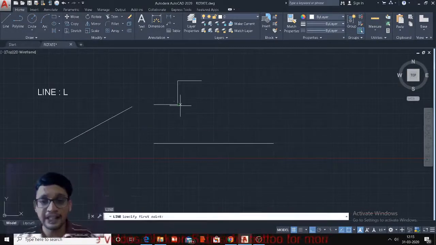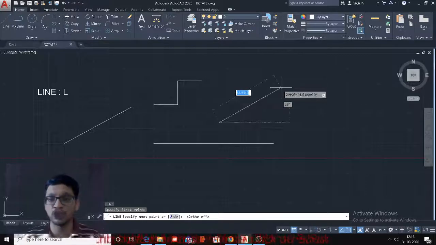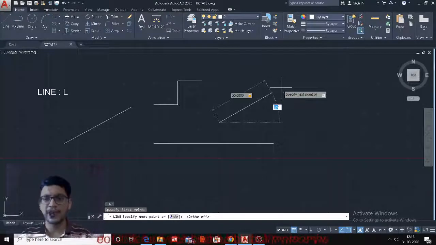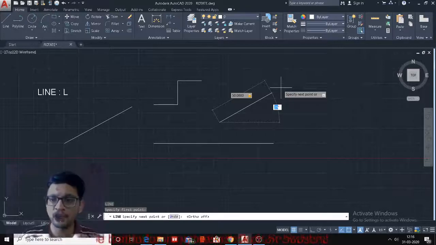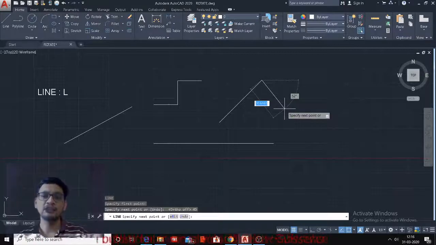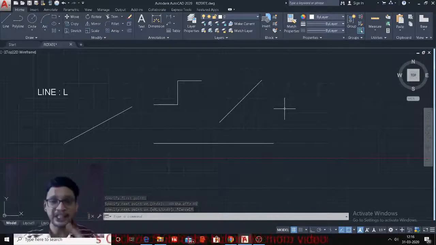Now what about the inclined lines? Ortho will give you the straight lines. If I put ortho off, function F8, the shortcut for ortho, I can give distance, that is 50, and I will go with @ and I will make an angle of 45. Okay, so 50 tab will get me into the angle, and 45, so that will create a line of length 50 and angle 45.